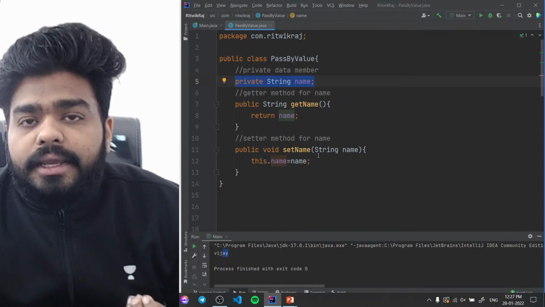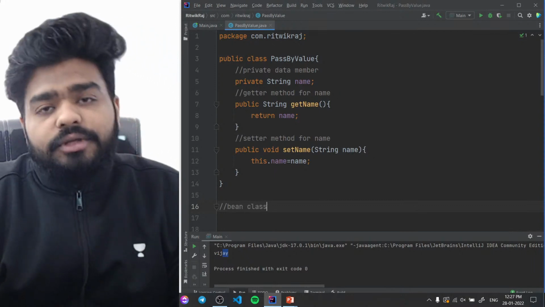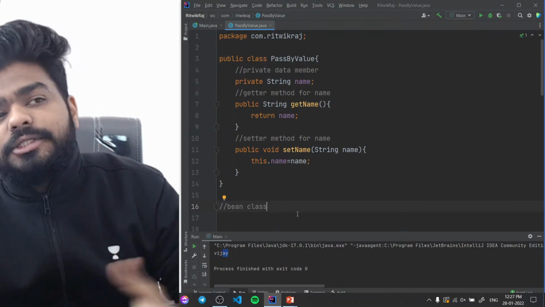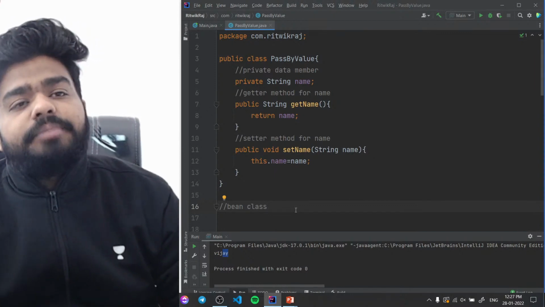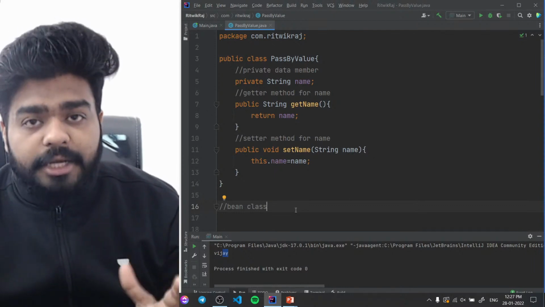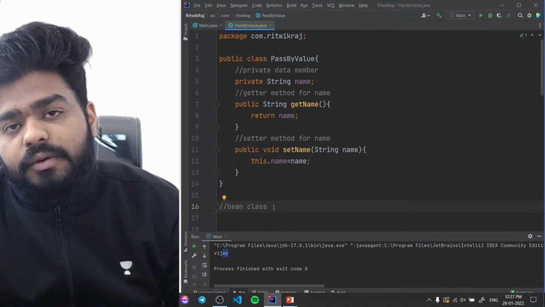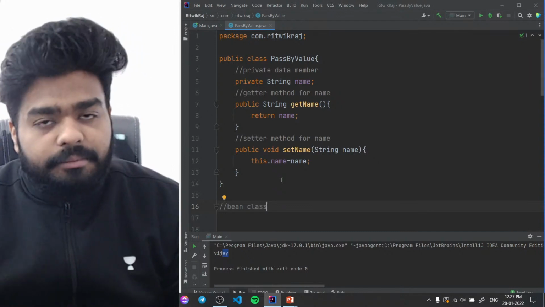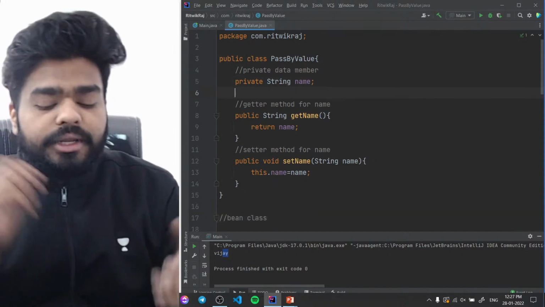So there is one thing in Java which we call a bean class, okay? I don't know if you guys know about it, but there's something called a bean class. Bean class is mostly used in all our software development projects which we do in Java. If you go inside a company, or when you do a servlet project or a Java framework project, a big backend programming project, you will be using Java bean classes there. So basically Java bean classes are one particular class which has private data members, and it has a lot of getters and setters. So let's say I have one more here